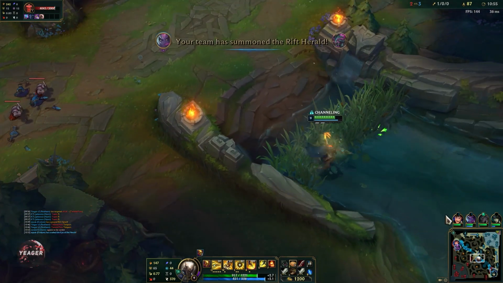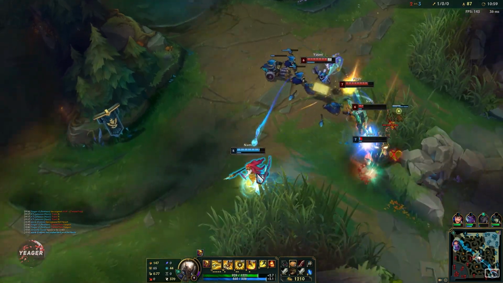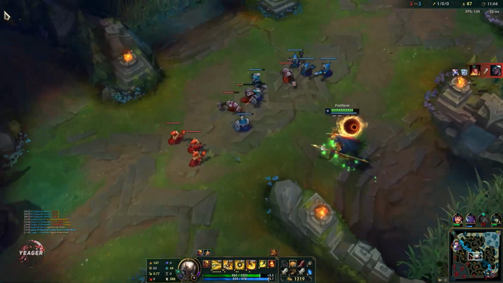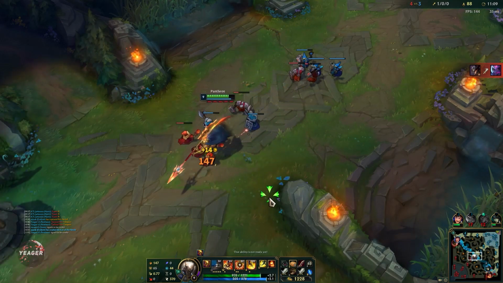For you to be able to use your ultimate in the bot lane, you want the enemy bot to be pushed in here, and we can't really help these guys out either, because we're just going to die. Viego with a Yumi attached to him, that is just too much for us to deal with, right? So